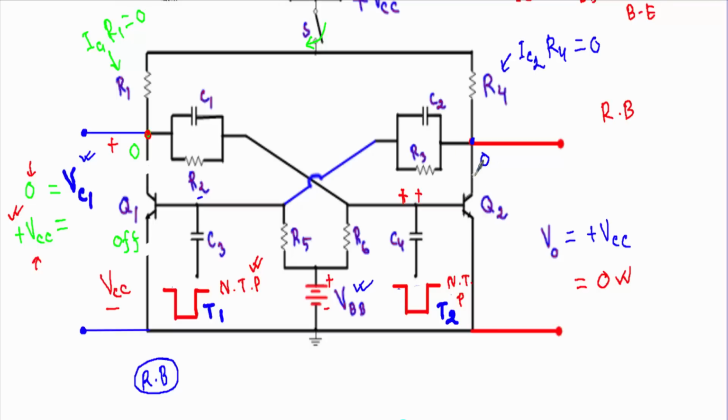Q2 will be in off state, and when the transistor Q2 gets in off state, I can disconnect the collector and emitter terminals from our given circuit, and you will see that collector current will be equal to 0. Therefore, IC2 R4 will be equal to 0. Therefore, our output voltage will now again have a transition from 0 to plus VCC, as the collector terminal of